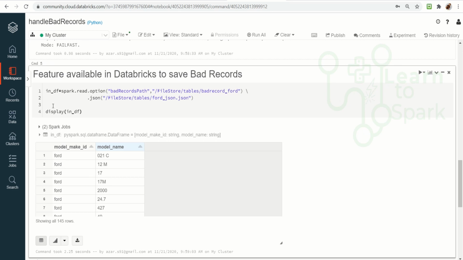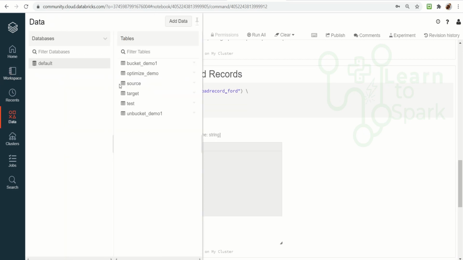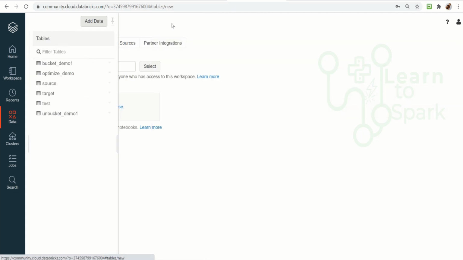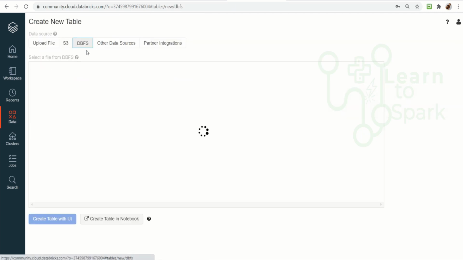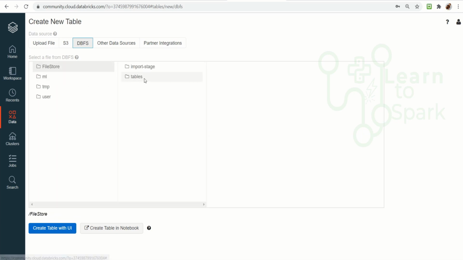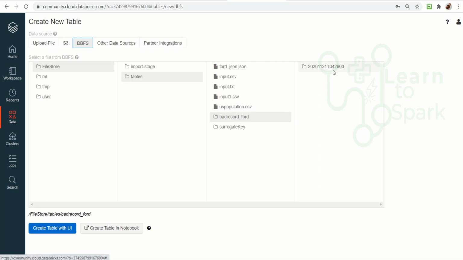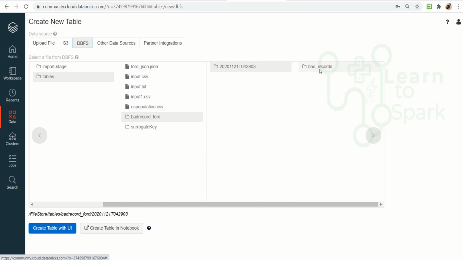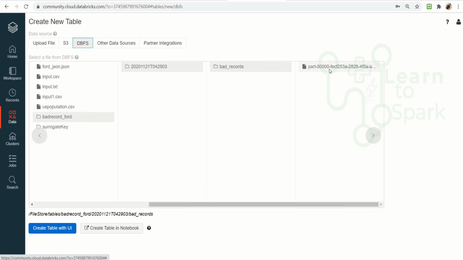Let us quickly see where it is stored in the DBFS path. So inside the DBFS FileStore, I have given tables, and inside this I have given bad record Ford. Inside this it will create a date folder, and inside that it will have bad records, and inside that we will have a part JSON file.